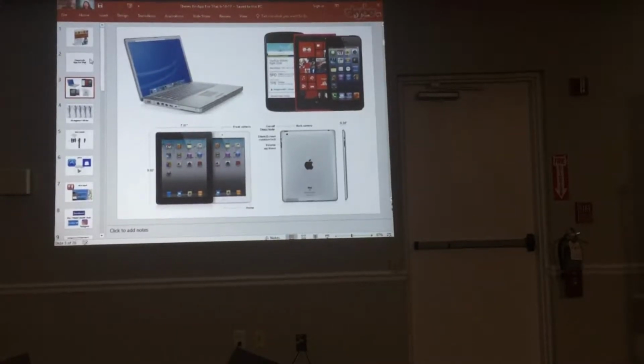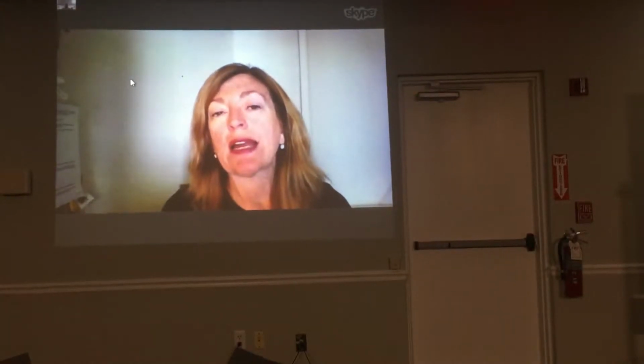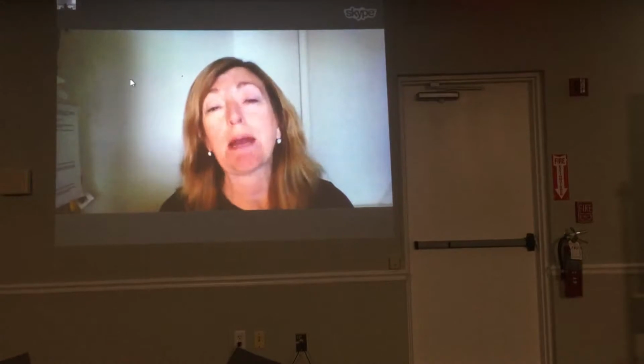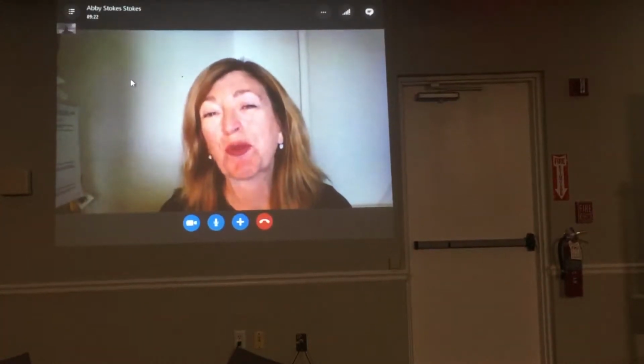And so when we think of an app, we think of an app being on a handheld device and not on a computer. But in fact, the word application and software application was what we used to use when we were on computers.